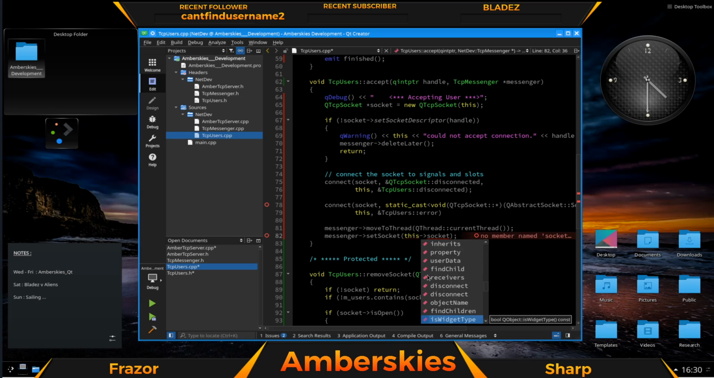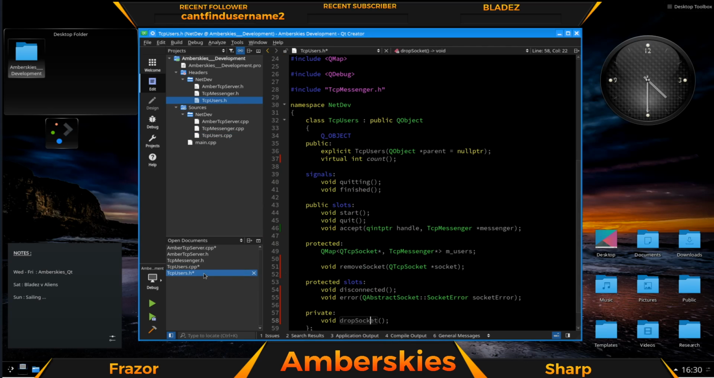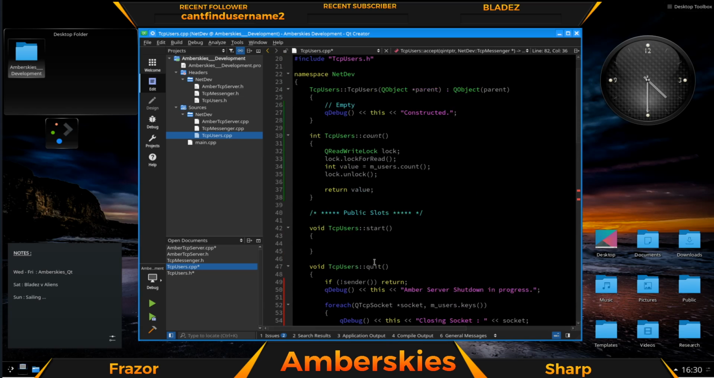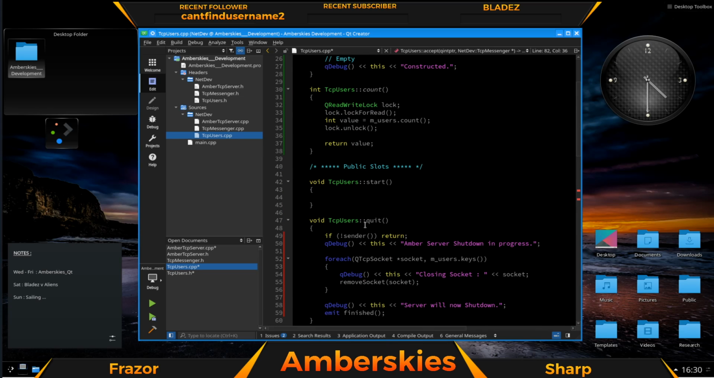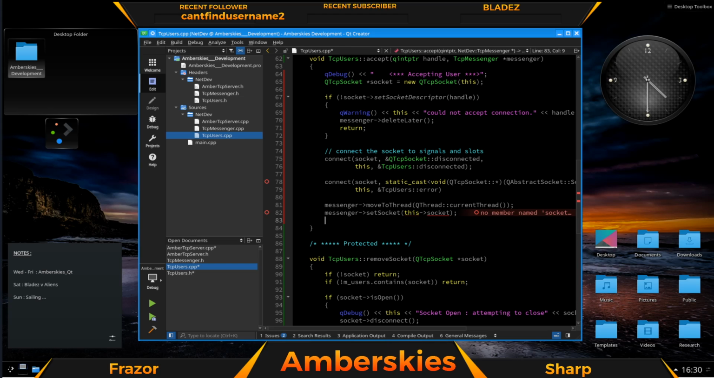I'm going to have to find out where that set socket is coming from. Got a damn good idea. I mean, it can only be coming from... Ah, wait a minute. TCP users, is that what we're doing? Yes, it is. We've only got start to do as well. Okay. Right, so after we have managed to move it to the thread and set the socket,